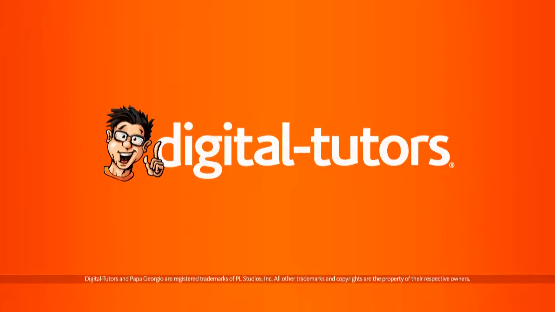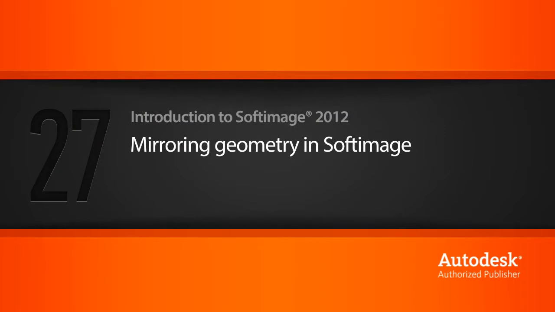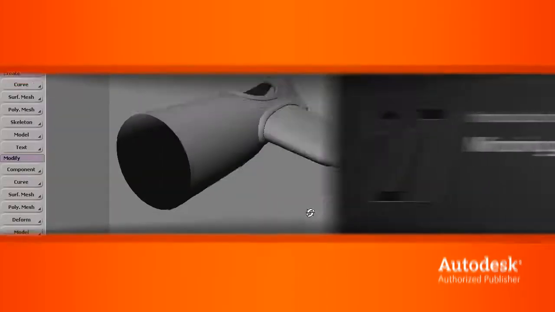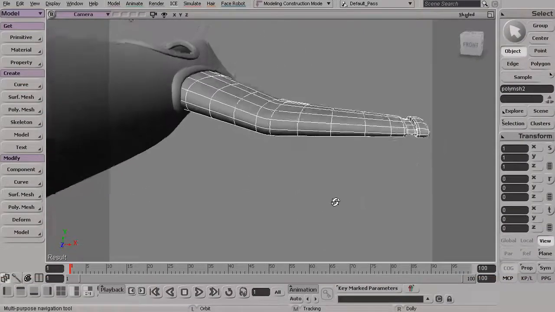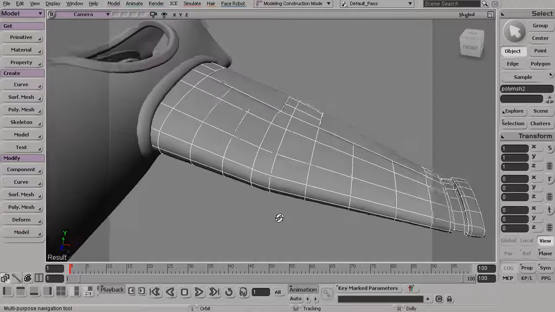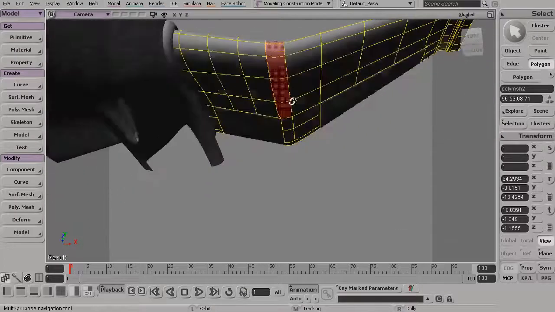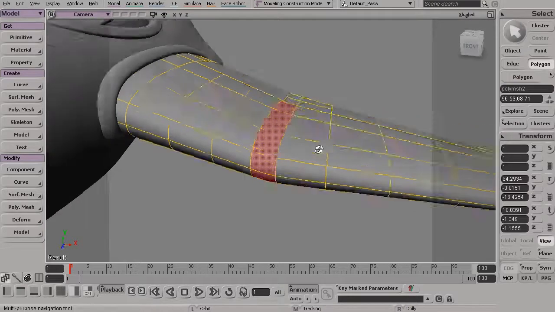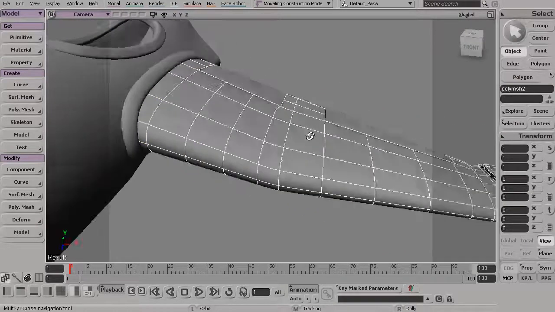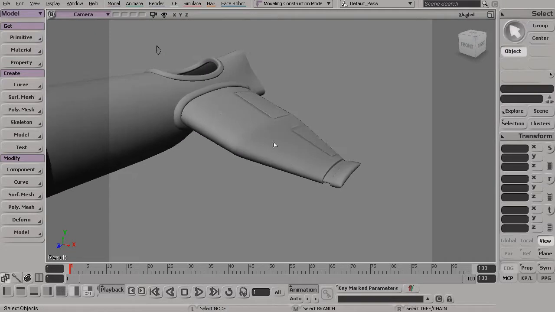In this lesson, we'll make our final alterations to the wing of our aircraft. Okay, so at this point, we are very close to being wrapped up with the actual construction of these wings. So let's go ahead and just take a few minutes to really just finish this up. Now, at the moment, right now where I have this little closer row of polygons here, what I'd like to do is take this and add just a little bit more detail just to kind of help pull out some of this actual curvature of the wing, because right now it becomes really difficult to see any curvature at all